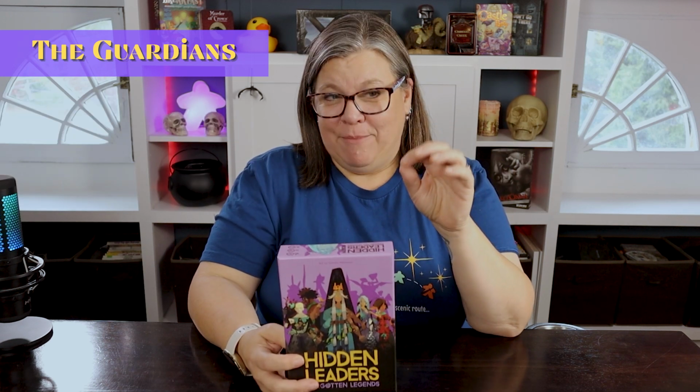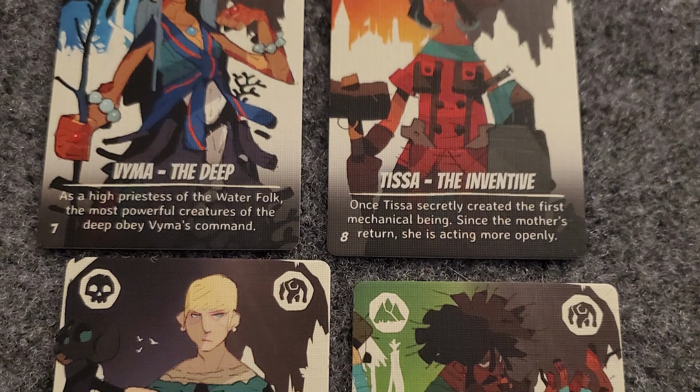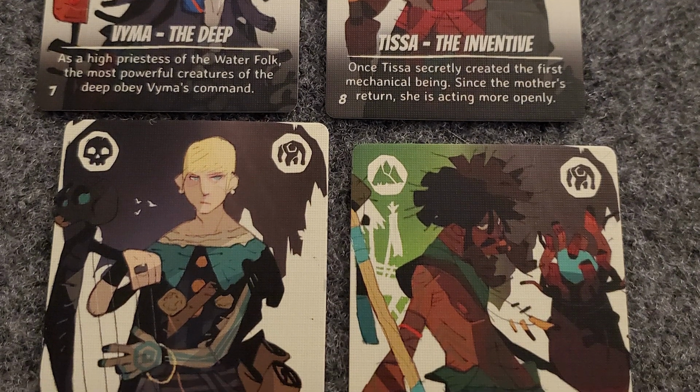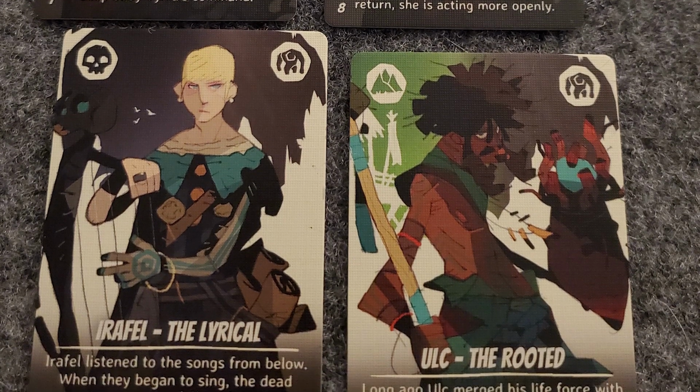The Guardian module is going to give you 4 new Hidden Leader cards that you mix 2 into your original deck from the base game and shuffle them all together and deal each player their Hidden Leader. So maybe you're going to get a Guardian, maybe you're not, but it also...